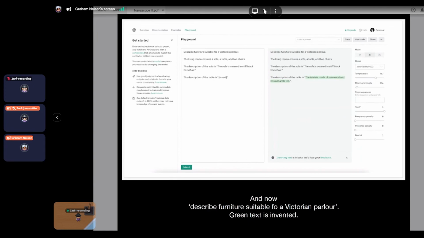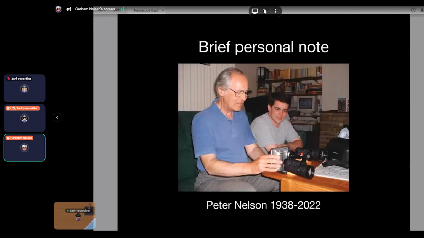So I've very nearly finished. I've just got one slide, and if you'll indulge me, I just want to finish on a personal note. My father, Peter, who is here in the blue shirt, died just as I was working on this talk, and I just want to remember him here, really. He was an electronics engineer, and he worked on things like scanners to help firemen see through smoke, image intensifiers, as they're called. He is making an incredible contraption here, which seems rather appropriate to what I've just been talking about,